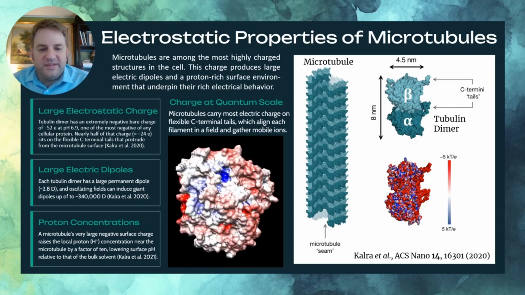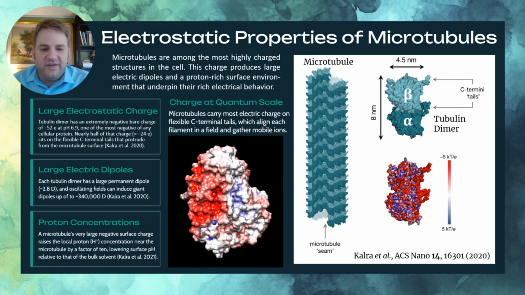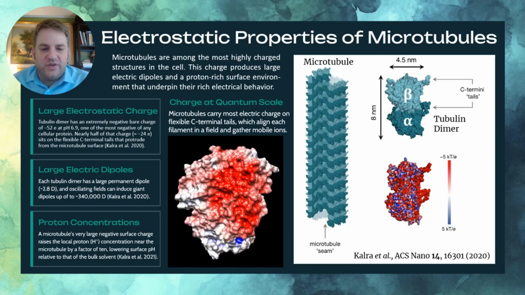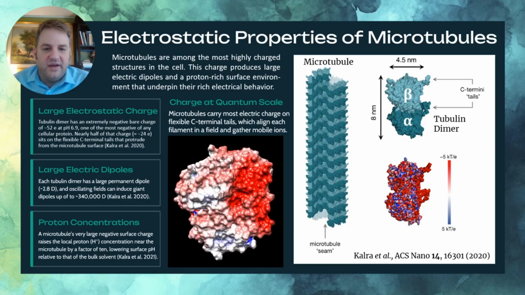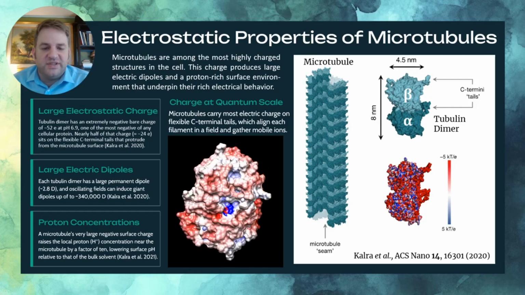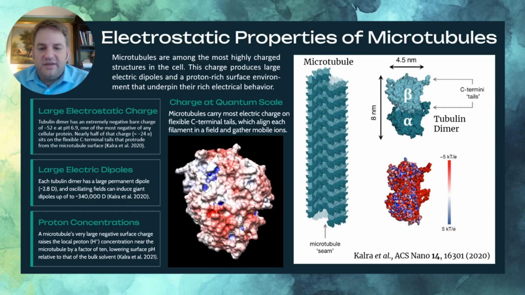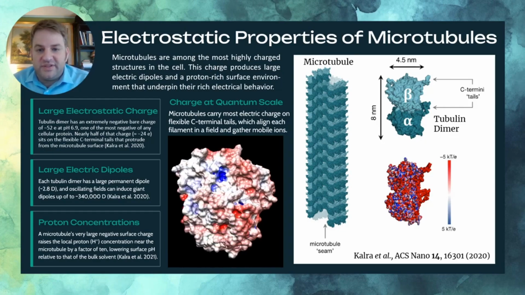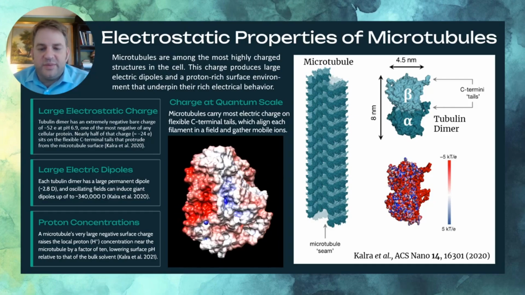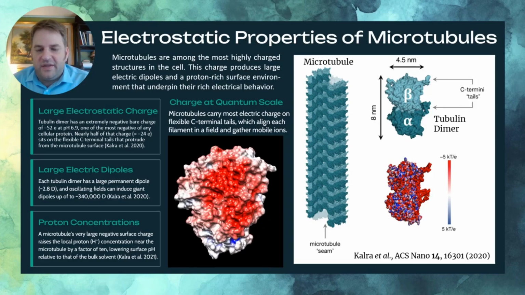Now, if you look at the spinning figure that I've created on this slide, as it comes around, we can see a very red region. This is the region associated with the so-called C-terminal tail, where most of the negative charge resides on the tubulin, I should say. And you can look at the structure of this microtubule. You can see the little C-terminal tails actually sticking out of the individual tubulin dimers on the sides of the